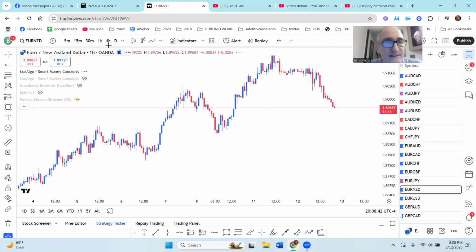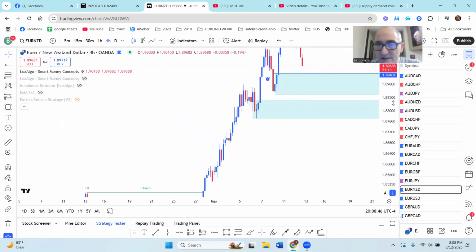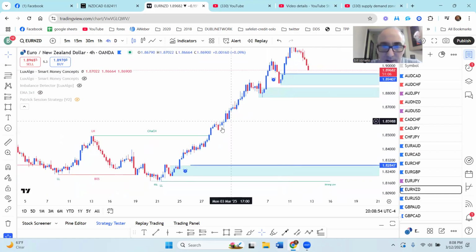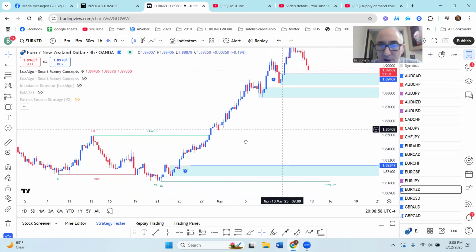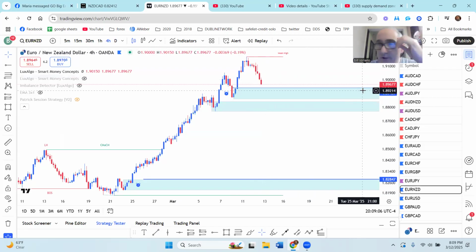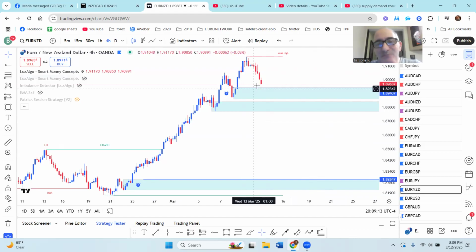Okay, EUR NZD, if we get back to the 4 hour time frame here, this is very, very bullish, as you could see. We have a nice zone here. We have another nice zone right below it. We have more zones down here as well. So we're going to wait for this one first. More than likely, this is going to be like a trick. Anyway, more than likely, price is going to go through that one into this one,